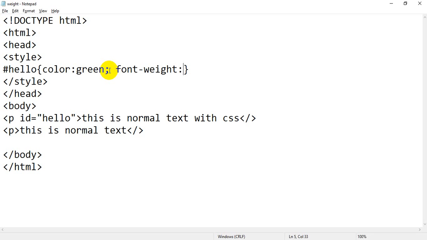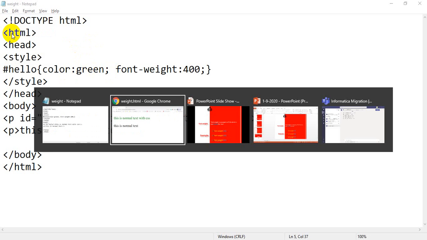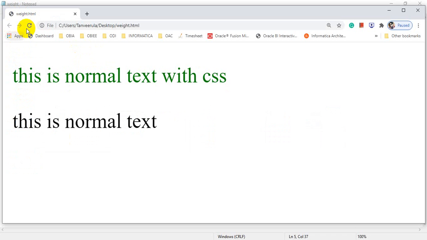Initially, I'll say we have 9 values for font weight, starting from 100 to 900, and if you use 400, it's normal, so I am going to use 400. Then semicolon. I just want to save the file, save it, flip back to your browser. Now see, is there any change in the size?